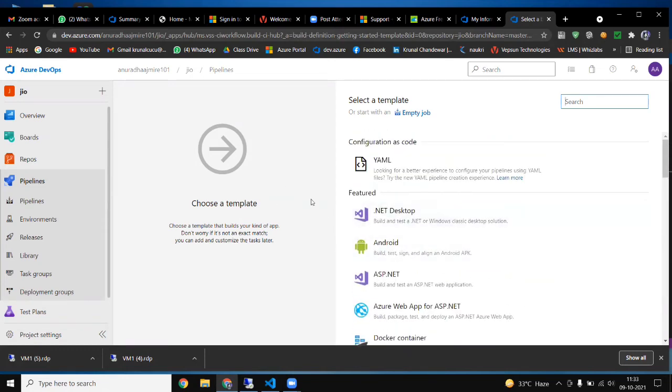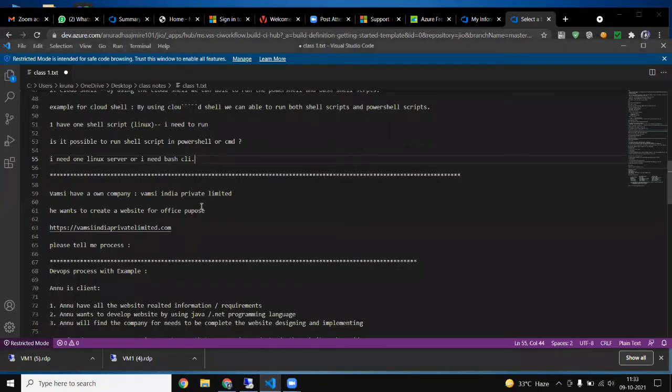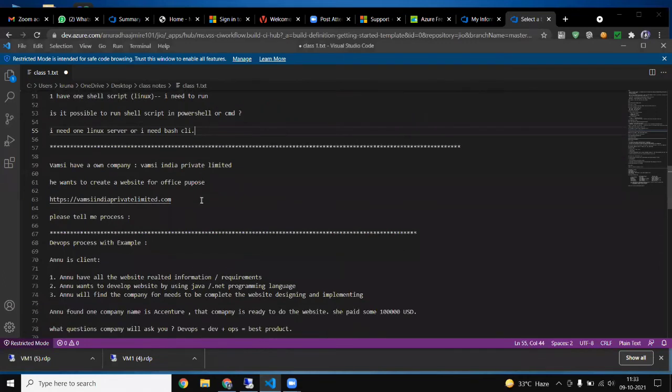But you can make one empty job also here, because nothing is decided now. Nothing is decided means, what do we have to decide? If you are going for anything, first you should know the requirements on which you have to make the project, what your plans are.